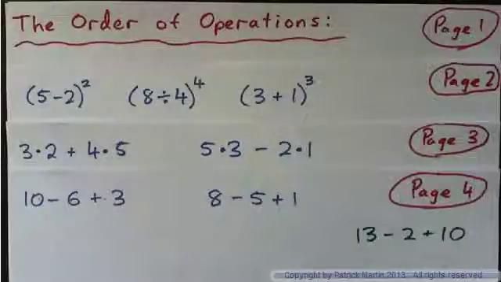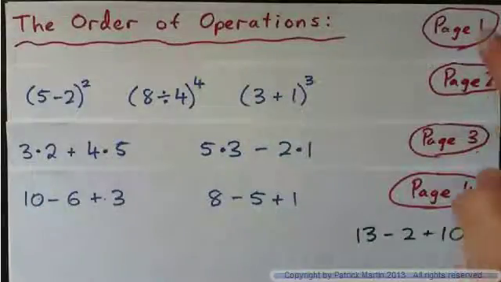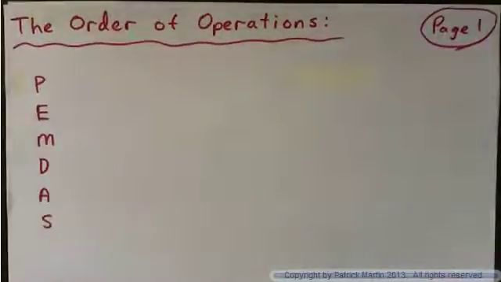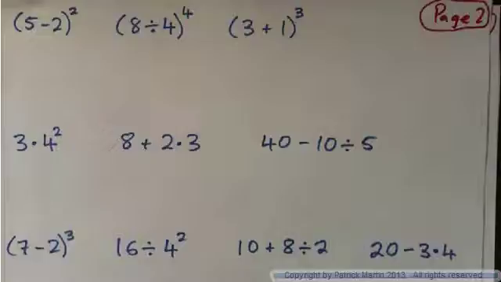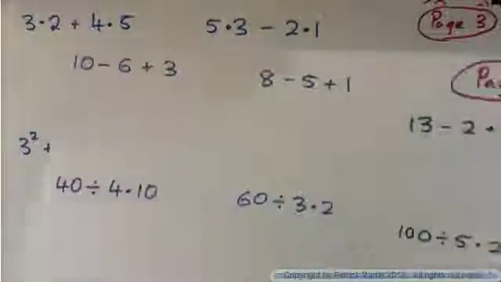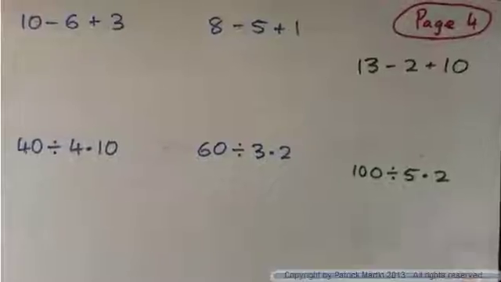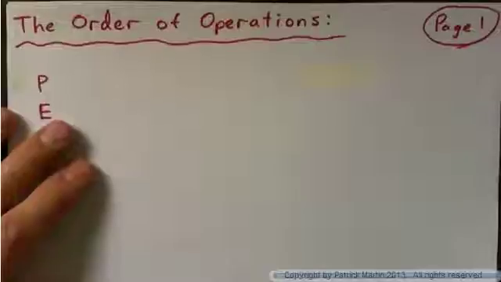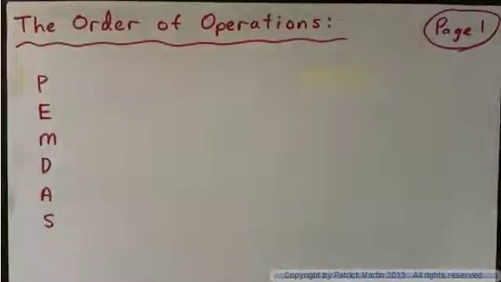In this video we're going to look at the order of operations. We'll do these 4 pages. We'll start with what the order of operations is, and then this is page 2, these examples, page 3, these examples, and finishing up with page 4, these examples. Okay. So on page 1, the order of operations is an agreed upon